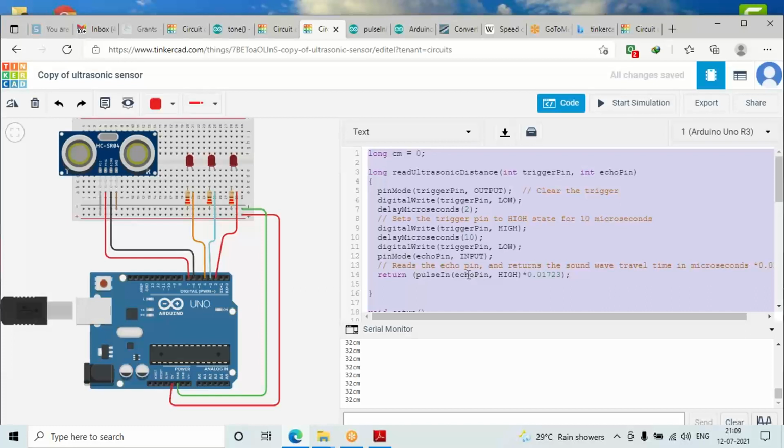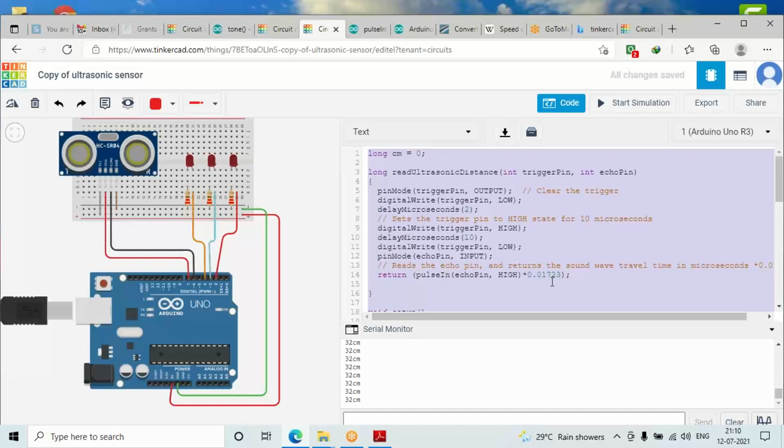Okay, so I'll repeat once more. This pulseIn function is used to calculate the time, from when the trigger starts till the echo is received. Once you have this, the function will return the time, and that time I have multiplied with 0.01723.